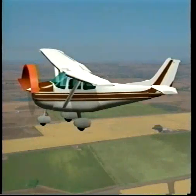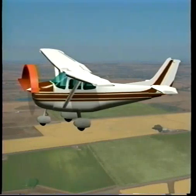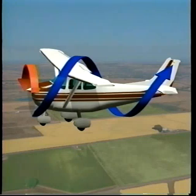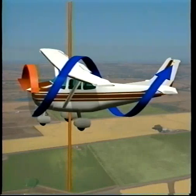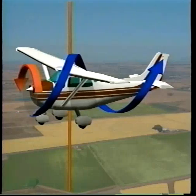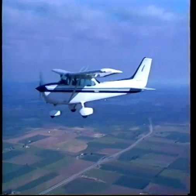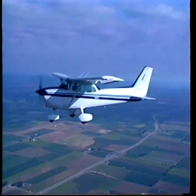Spiraling slipstream, which also produces a left-turning tendency, is the result of the airflow behind the propeller moving rearward in a corkscrew motion around the fuselage. Since the propeller is rotating clockwise, the slipstream pushes the vertical stabilizer to the right, causing the nose of the airplane to yaw left. To help counteract left-turning tendency and make the airplane easier to control, some manufacturers have incorporated